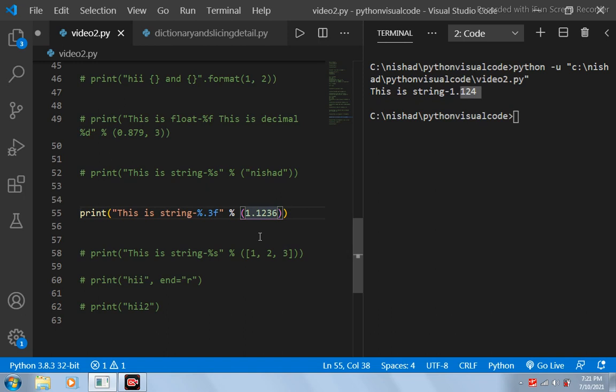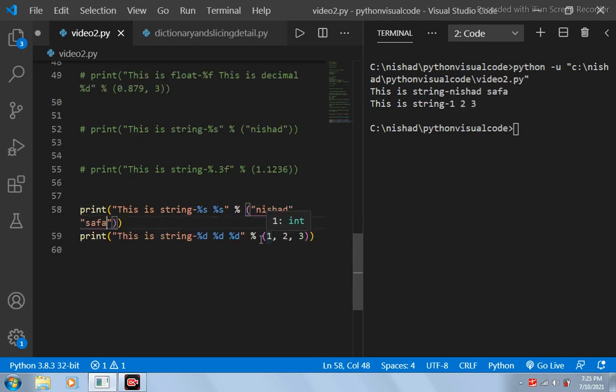So this 6 is greater than 5, right? So it will convert this 3 to 4. Okay, so if you want to specify that after the decimal only 3 numbers or only 4 numbers should be printed, then you can use this syntax over here, that is dot followed by the number of items that you want to see after the decimal. Okay, so these are a few more examples of using the print function in this way.